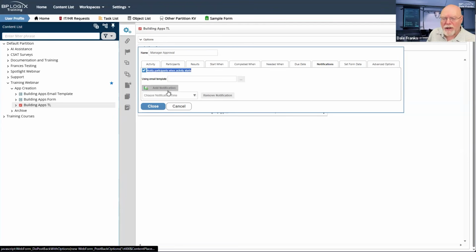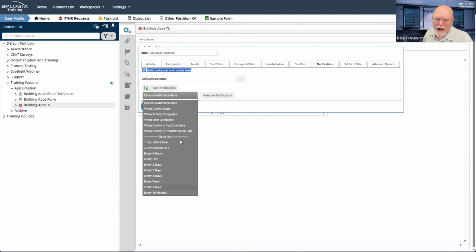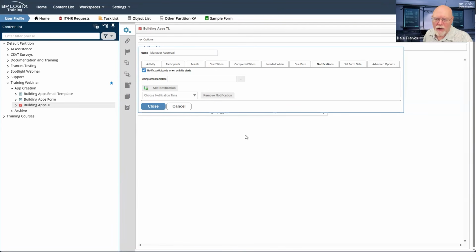Any notification that is sent via this add notification button that you have here, where we've just added this new little notification, they will get a different link, and that link will not open the form in task context. All they'll see on the form as far as action buttons go are the OK and cancel buttons. They don't get action buttons. They won't be able to complete their task.